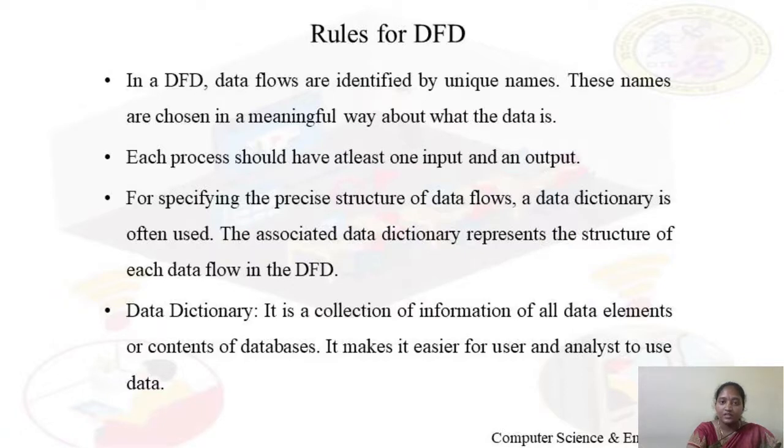It means DFD represents the flow of data and a flowchart represents the flow of control. An arrow in the flowchart represents the order of events, whereas an arrow in the DFD does not involve any order of events. DFD has no control flow. There are no decision rules and loops. DFDs are built using standardized symbols and notations to describe various entities and their relationships. DFD visually represents the systems and processes.